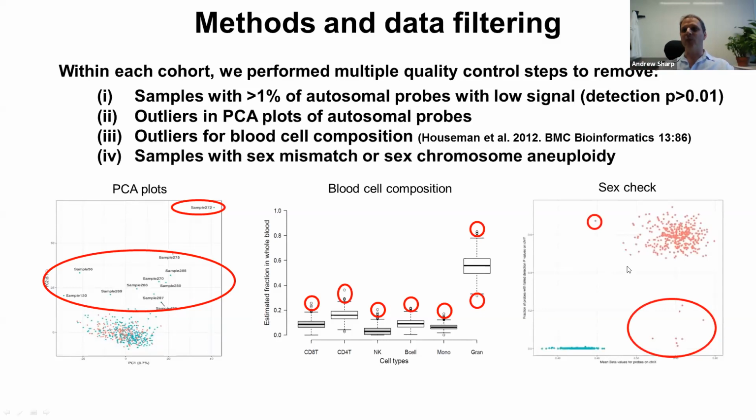And they also did a very simple check over here on the right, looking at predicted sex from the data versus reported sex of each sample. So in the plot I'm showing you, on the x-axis we take the mean beta value on the X chromosome. The y-axis is the fraction of probes that failed detection p-value on the Y chromosome. And so you see generally two very nice clusters: males down here in the bottom left that have a single X, a single Y, and females up here in the top right that lack a Y chromosome but have two X's, one of which is highly methylated.